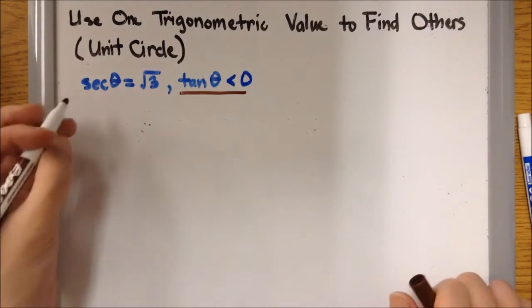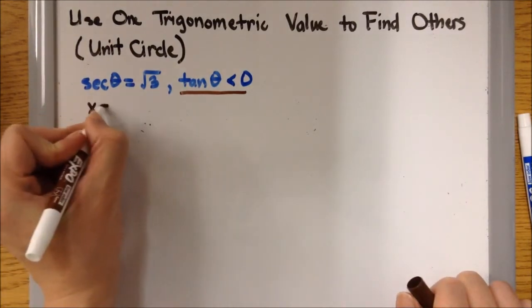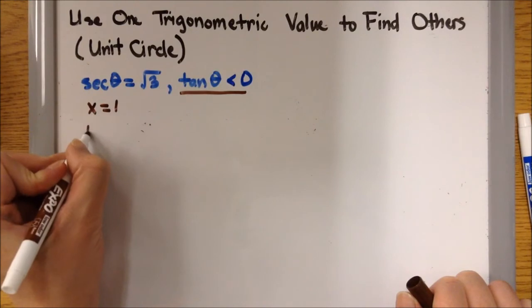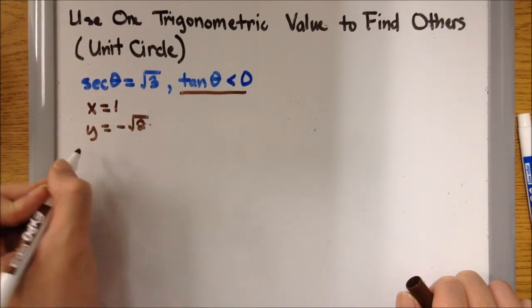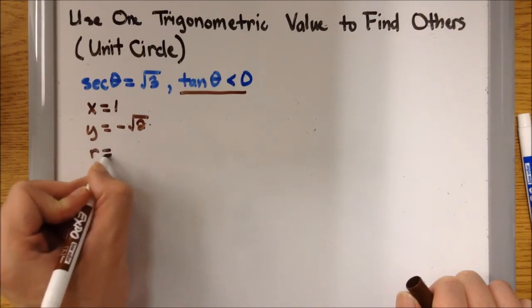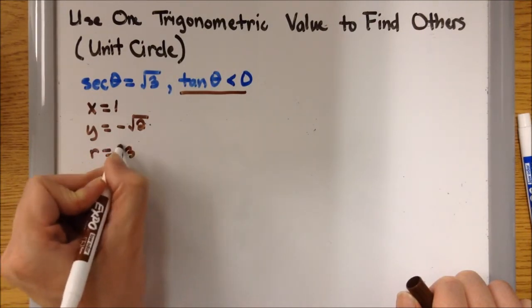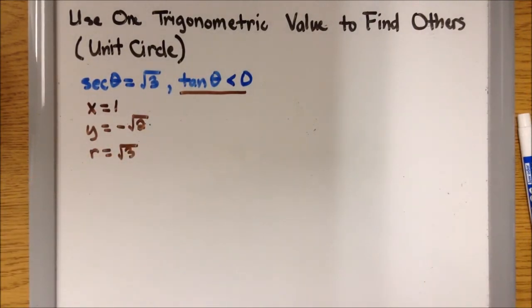So, our true x value was a positive 1, our true y value was negative square root of 2, and our r value was the square root of 3. So,